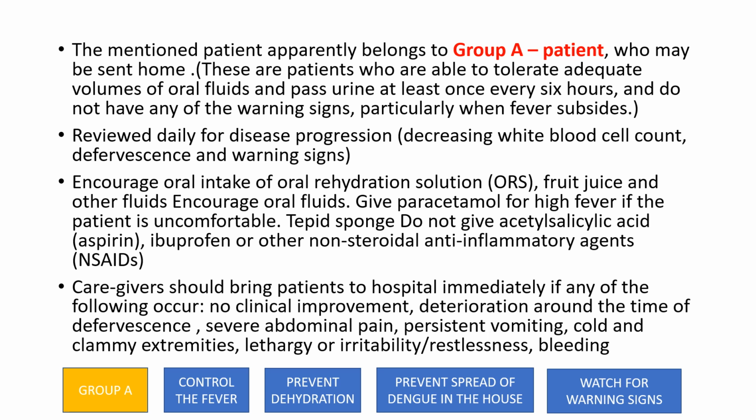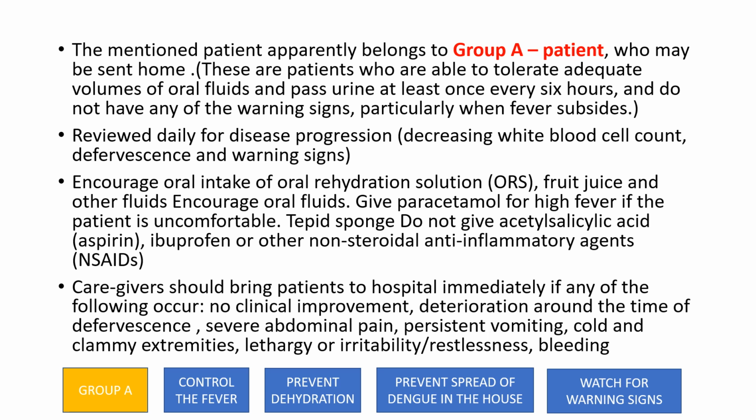And these patients need to be encouraged about oral intake of ORS, fruit juice and other fluids, and give paracetamol for high fever if the patient is uncomfortable. Tepid sponging can be done. Acetyl salicylic acid, Brufen or non-steroidal anti-inflammatory agents are to be totally avoided. Caregiver should bring the patient to the hospital immediately if any of the following occurs: no clinical improvement, deterioration around the time of defervescence, severe abdominal pain, persistent vomiting, cold and clammy extremities, lethargy or irritability or